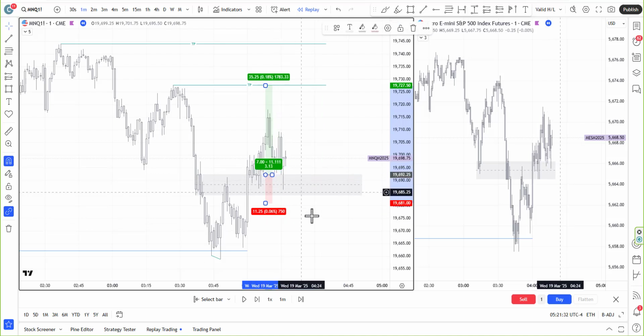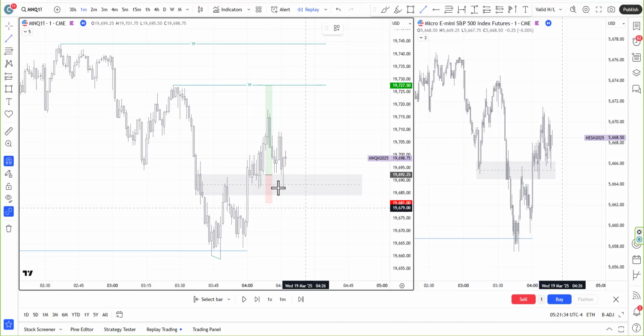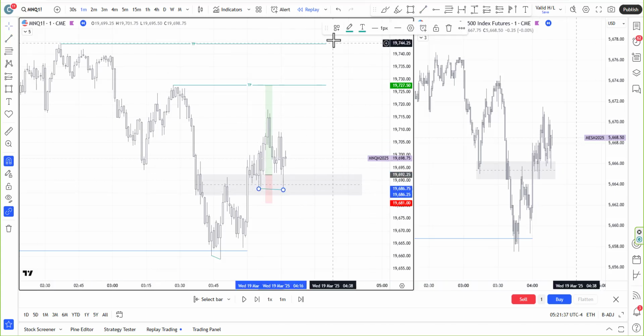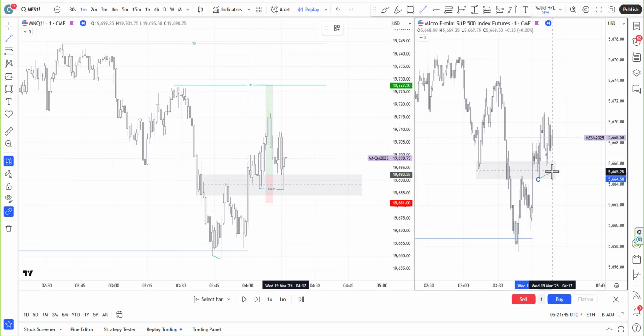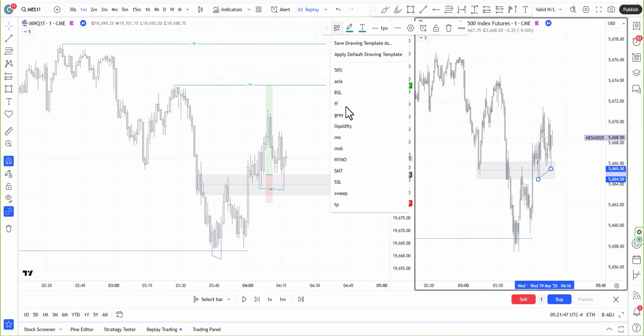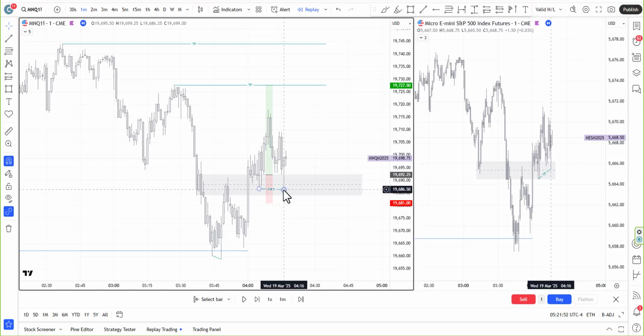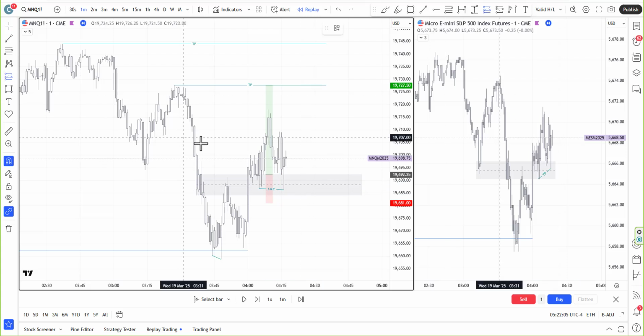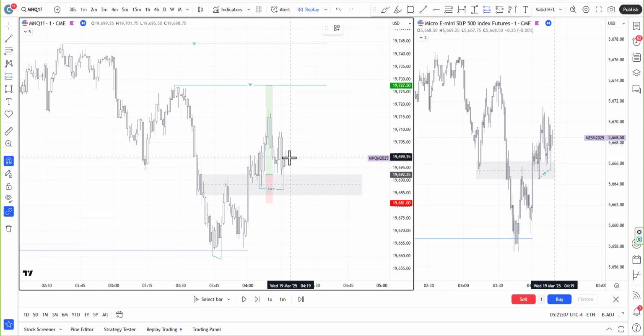So you're in the long, but it now forms within the same breaker block, because you don't want to see a close below the breaker block, or that would be an invalidation of the long. You see an SMT being formed, where ES says, okay, let's go up, and NQ, with this wick, says, oh, I need to get some liquidity here before moving up. And I think once you get this wick and a close up to this level, that is your ideal, highest probability long. So you could take a long here,